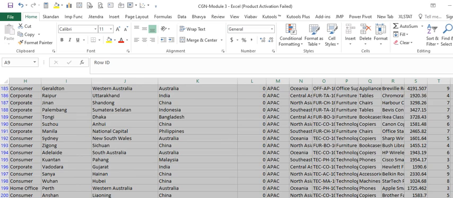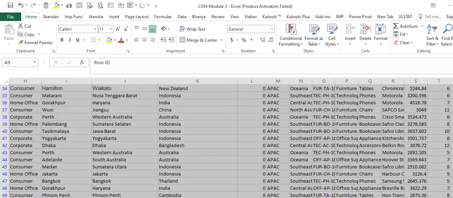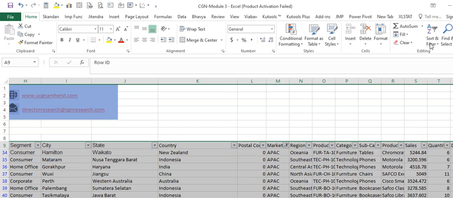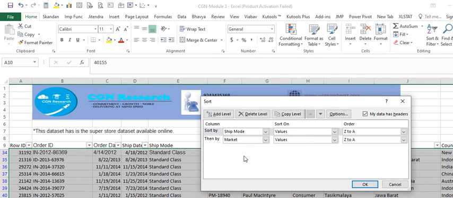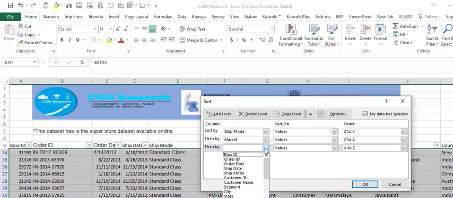So this way you can keep filtering, and you can do multiple levels of custom sorting. I already put two levels there. I can now add one more level below the market.